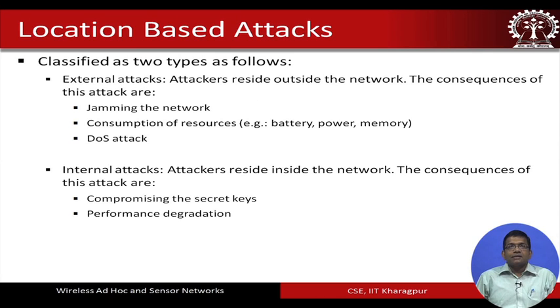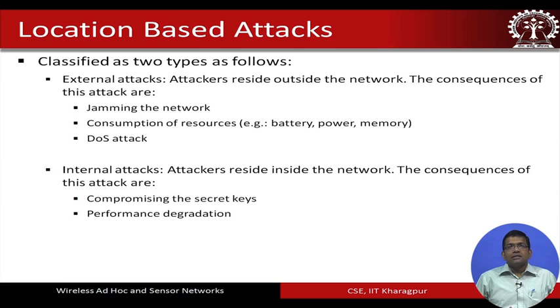Location based attacks are classified into two types: external attacks and internal attacks. Attackers in the external attacks reside outside the network. Jamming is one such example. So, the jammer can reside outside. In fact, it is also possible to have the jammer inside the network as well, but typically it is